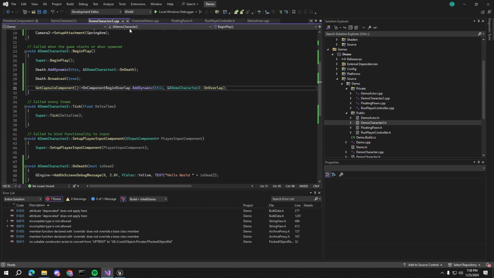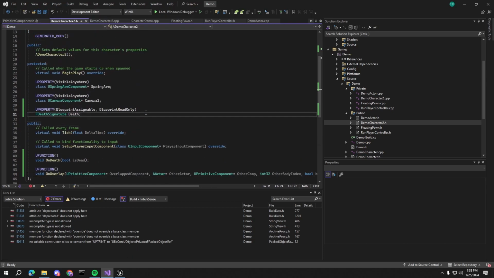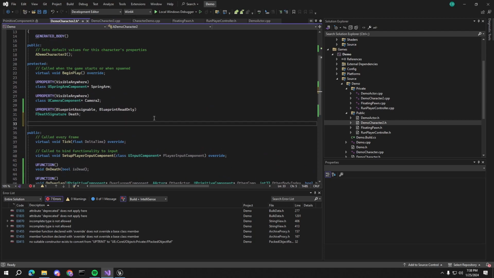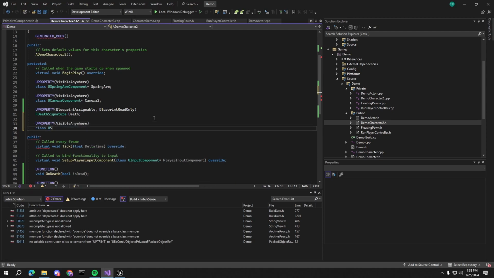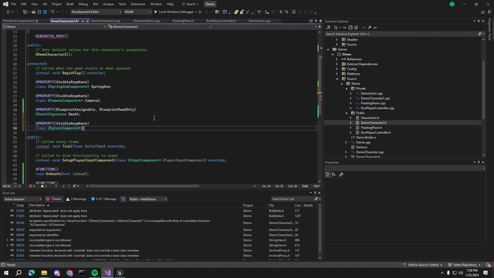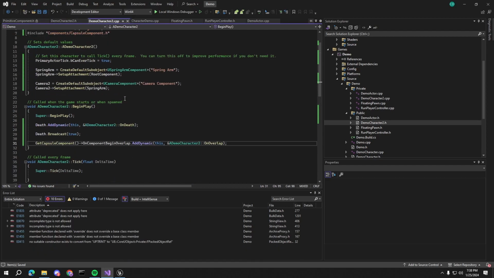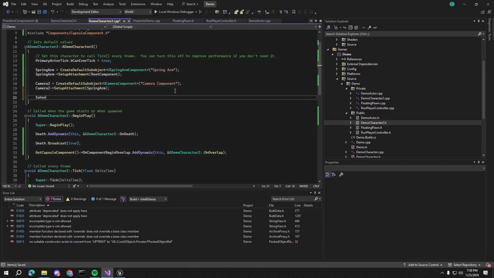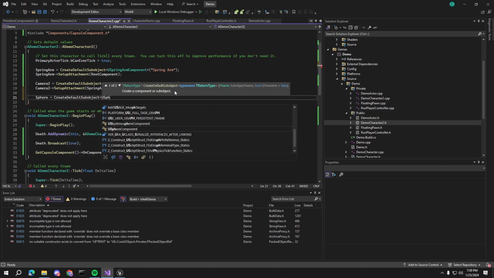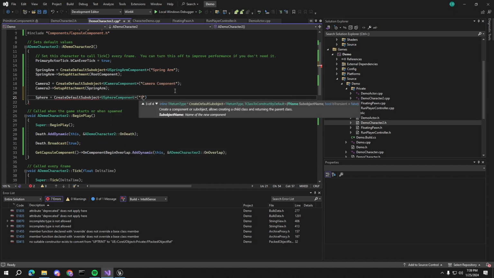You can even create your own capsule or sphere if you want. And it applies the same thing. Where we have class, use, sphere, component, which is sphere. And then dito, sphere is equal to create default sub object u sphere component sphere